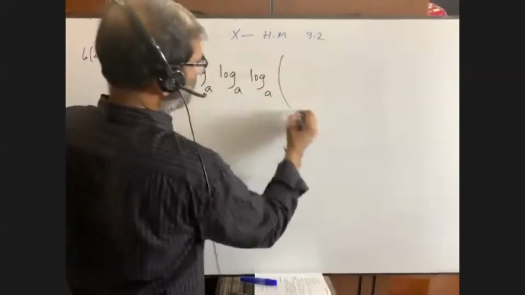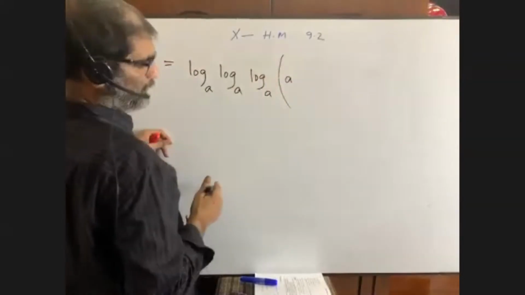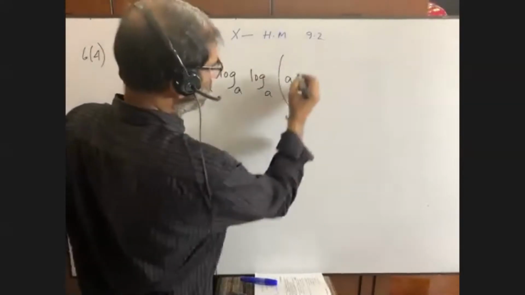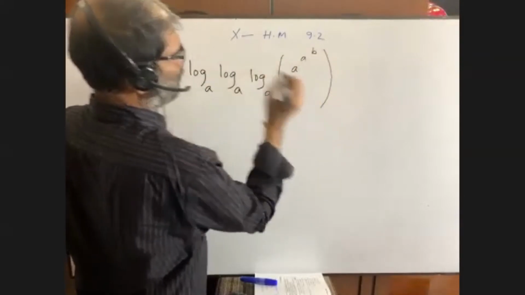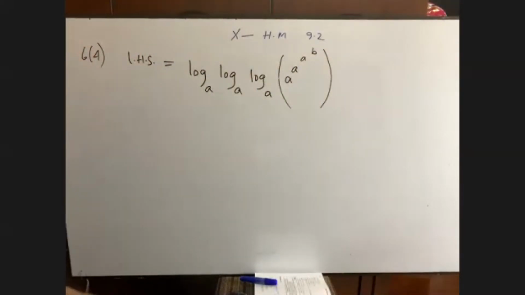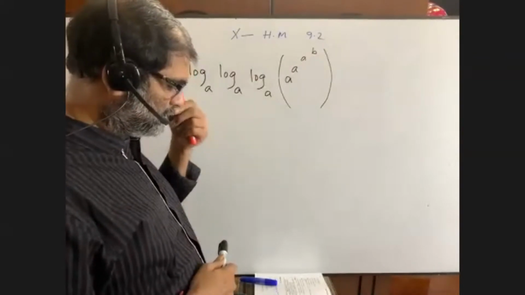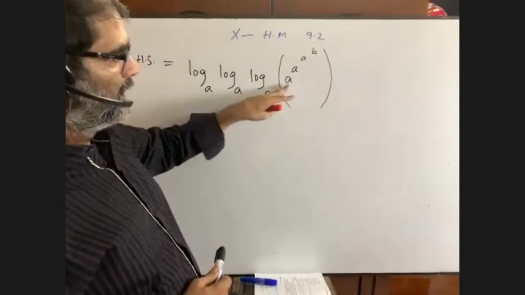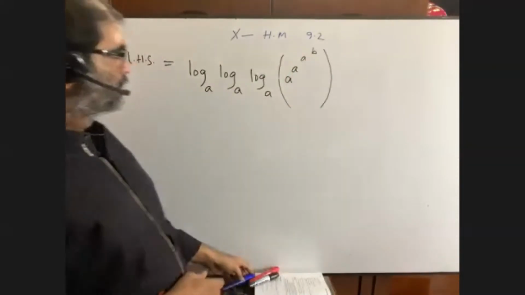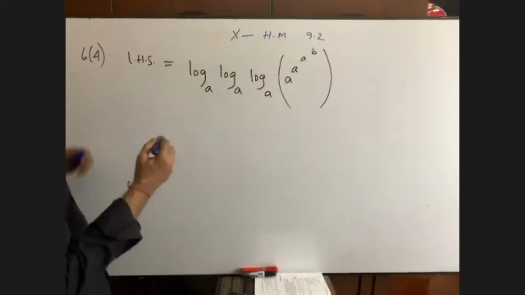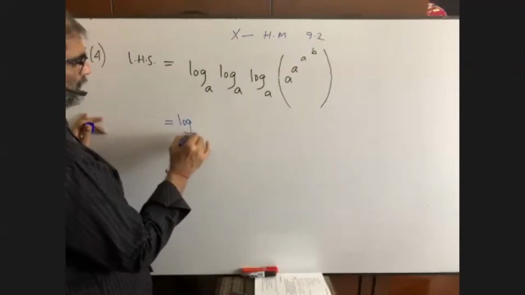But here it is given this along this. It is a. You see a to the power ab. Please try to understand. This is given. In the first bracket, we have 3 A's, A, then B. Please try to understand how to do this math. You see, this is log A. Write it.